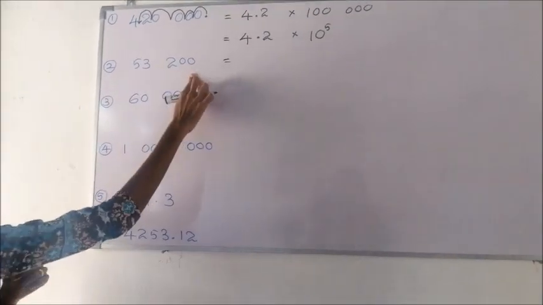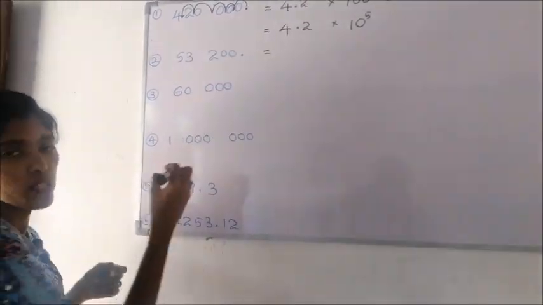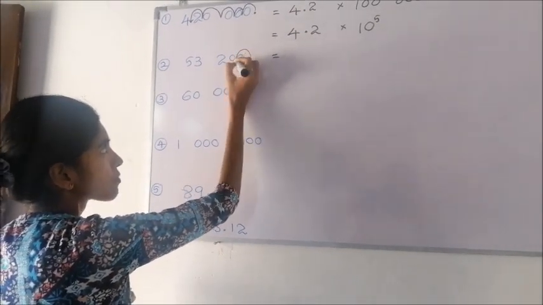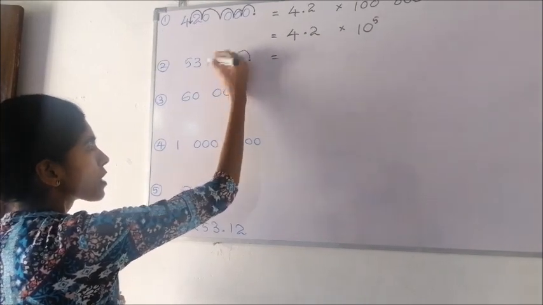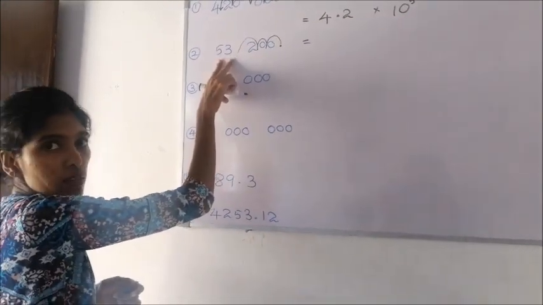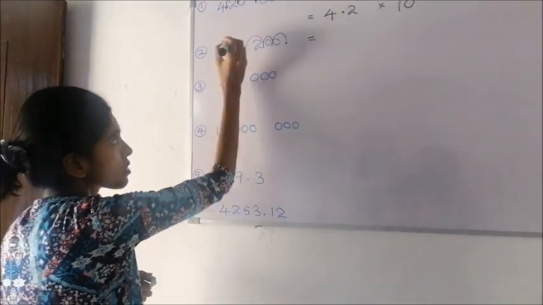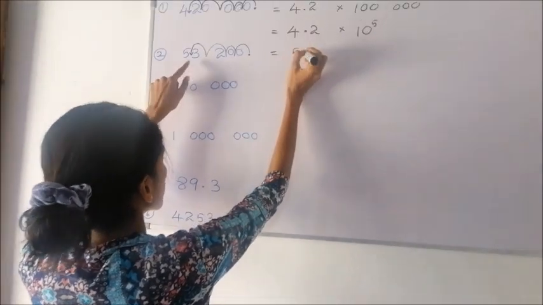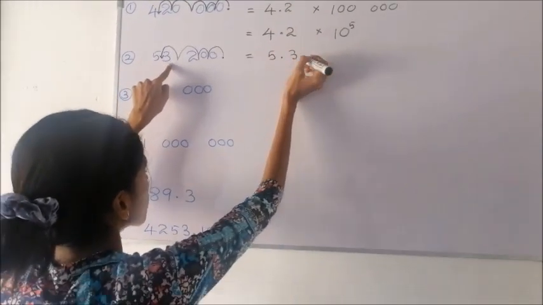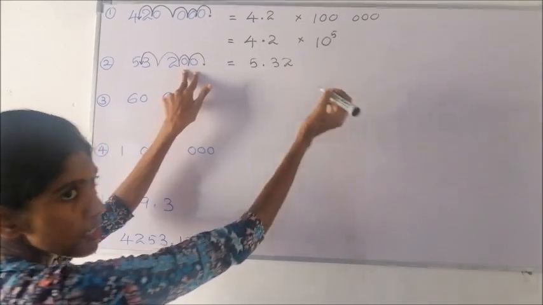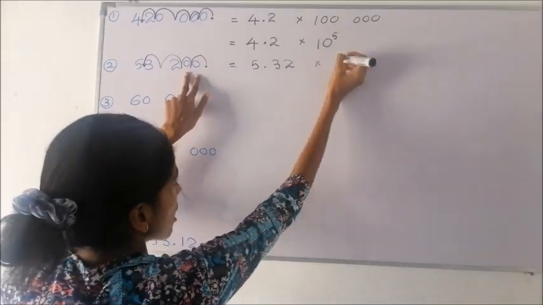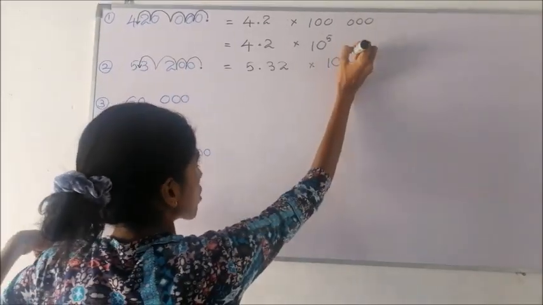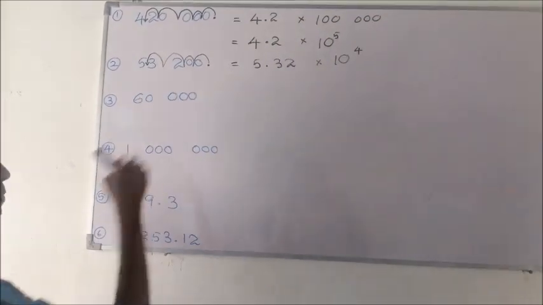Here also there is no decimal point. Think that the decimal point is at the end of the number. We will go forward. Okay, here 1 2 3, here still 2 digits, huh? We don't want 2 digits, we want only 1 digit. So again you need to jump. Right, now what is the number we need to write? 5 point. Now the point is here, 3 should be written, 2 should be written. Don't write zeros at the end, and multiply by 10 to the power. How many times did we jump? 1, 2, 3, 4. Positive 4.